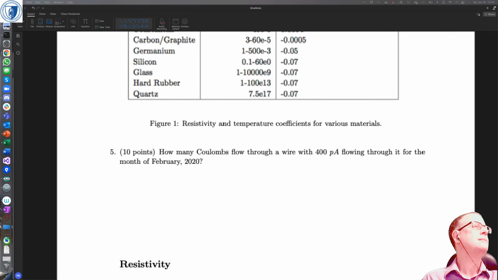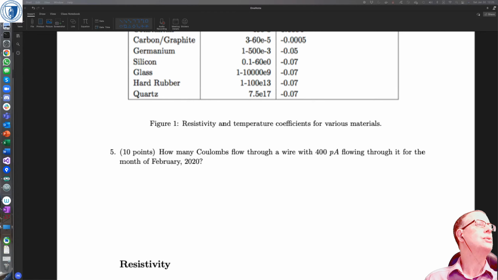This is Breakout Room 5, I believe. If you could have a look at question 5 on the tutorial sheet, that would be good. The tutorial sheet is in the materials text channel on Discord. It's also available under the tutorials section in Blackboard. I'll call you back to the main classroom in about 5 to 10 minutes, and I'll see if we can get people to give their solutions.